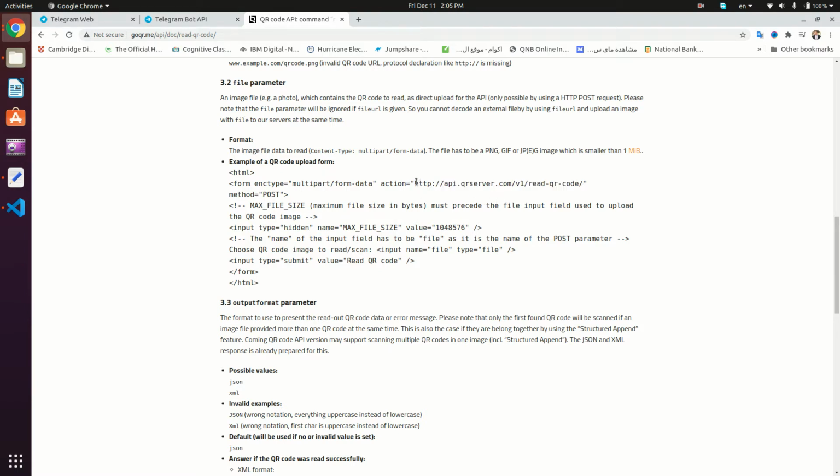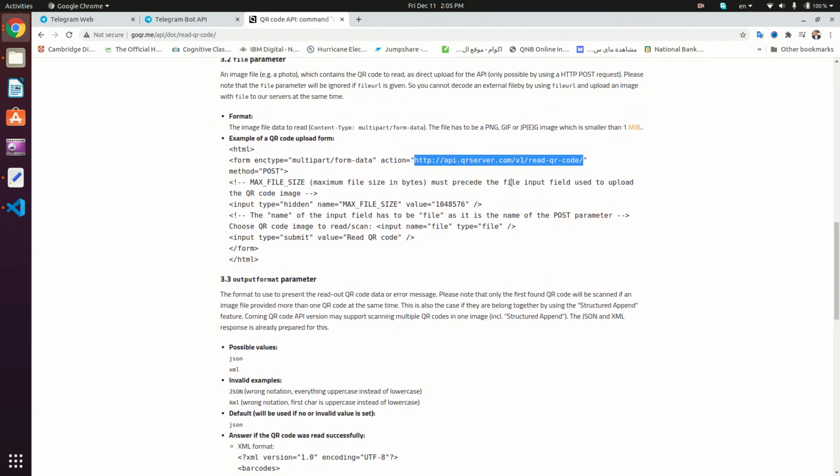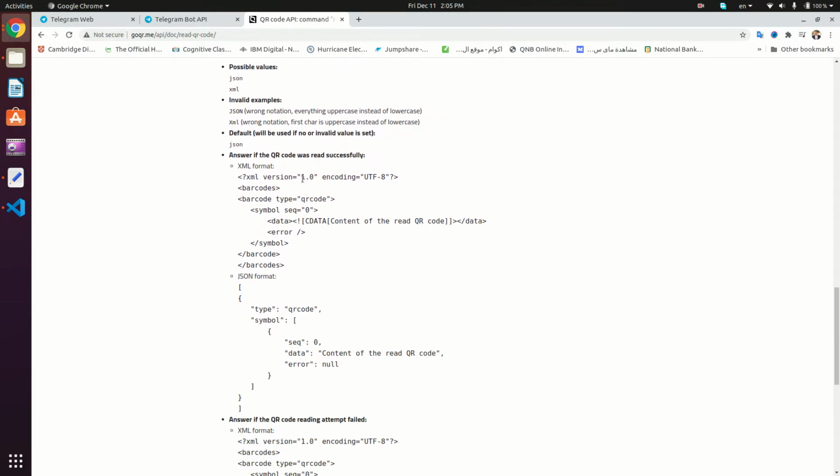This is the API URL that we're going to be using. We're going to need this in a second. Let's check the response of the API. We actually have two responses: the XML format and the JSON. We're going to be using the JSON, which is the default